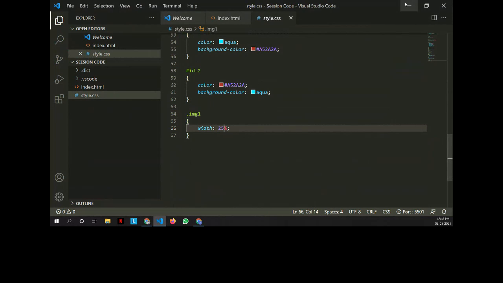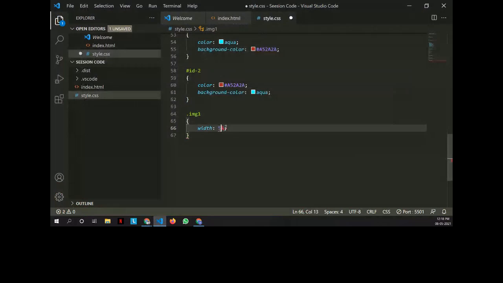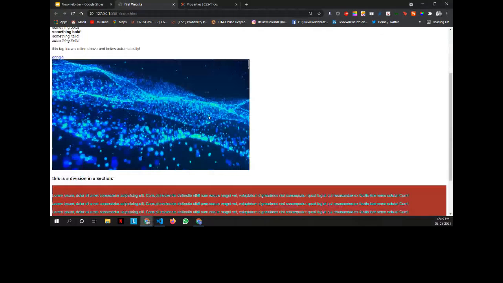I'll just show it to you all. As you can see, it has shrunk again when we added the 25% width. If we do 50%, then it will occupy half of the given space here.